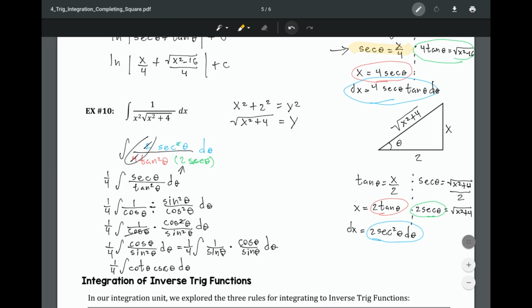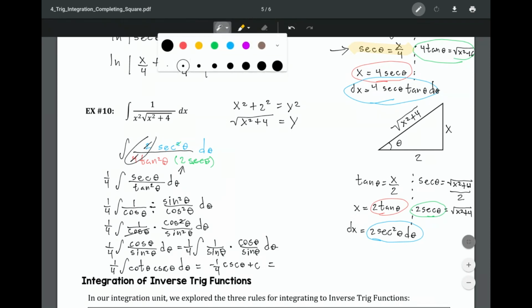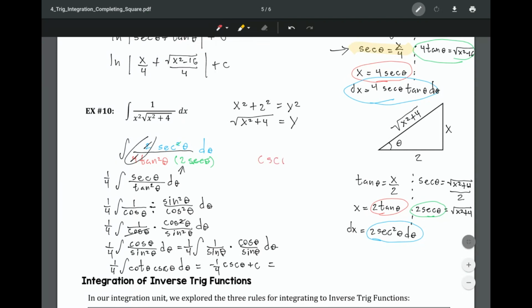All right, and the antiderivative of cotangent cosecant is negative cosecant theta plus c. Now I'm going to replace that cosecant. Let's see if I have that available. Looks like I don't, so I'm going to have to figure out what cosecant of theta is. Let me use a different color here. Maybe I'll just write for fun. Cosecant theta is the opposite of sine. All right, so I have